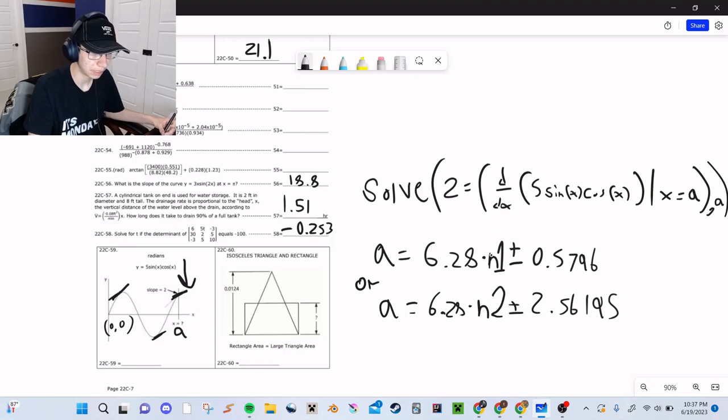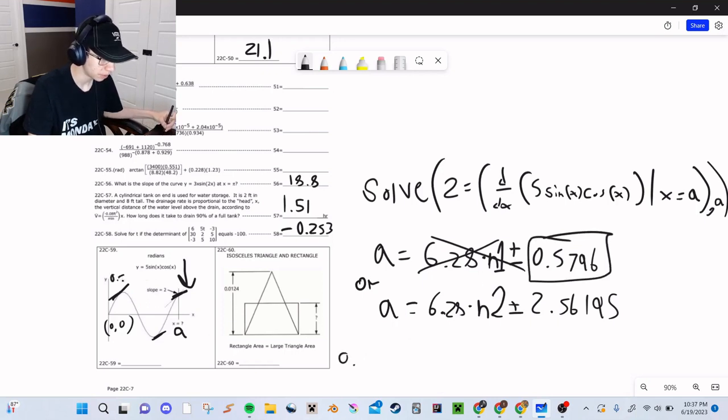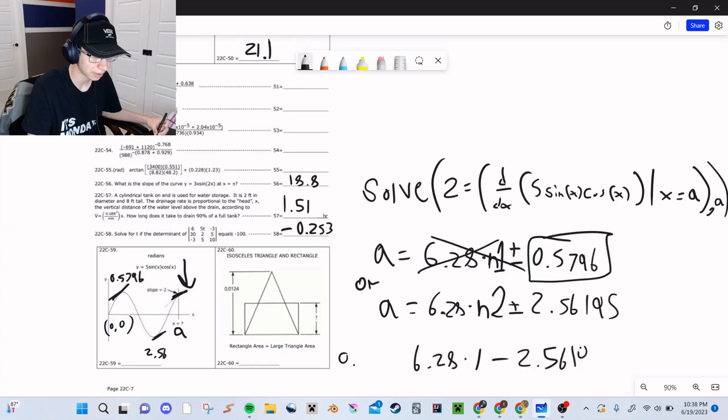And so when n1 is equal to 0, we get a solution here. That would be 0.5796. When n2 is equal to 0, and look at the positive one, then I'll get 2.56 here. And then when n2 is 1, and I do minus this value, that would be the third smallest possible solution after 0, which would give me 3.72,